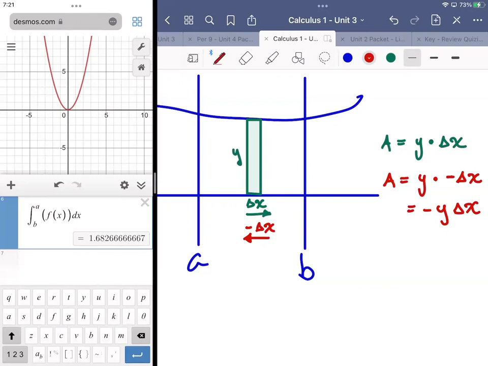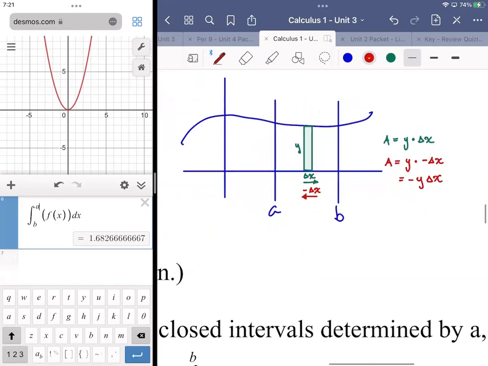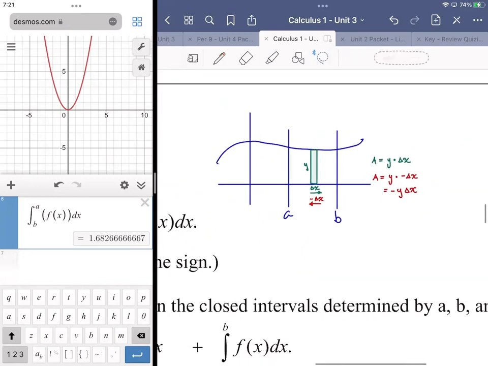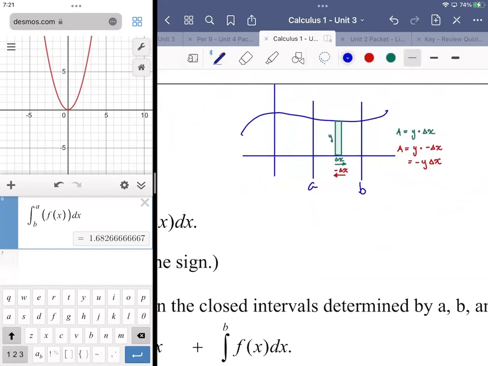So if you're going from left to right, you're expecting a positive area if you're above the x-axis. If you go from right to left, you're expecting a negative area if you're above the x-axis. As opposed to, let me just switch it up here a little bit, a graph that's below the x-axis. I'm going to actually move that up real quick. So if I have a graph that's below the x-axis, still over the interval of a to b,